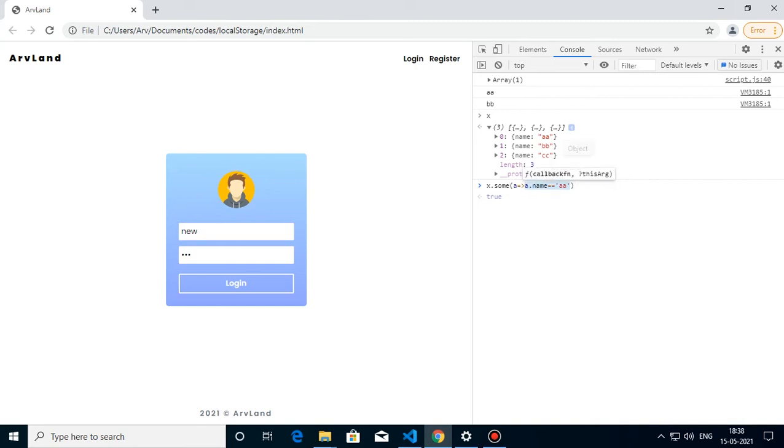Each element is taken one at a time, as a. So for each a I am checking if a.name equals the value, and if any of them has this condition true, then we will get true. That's what some does. UA, see, now it returns false, because there is no element having the name UA.